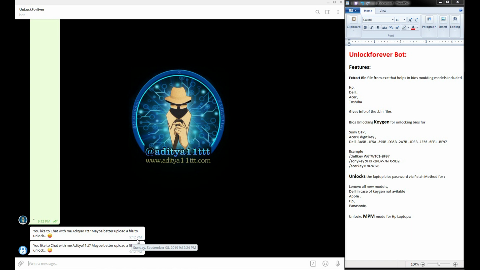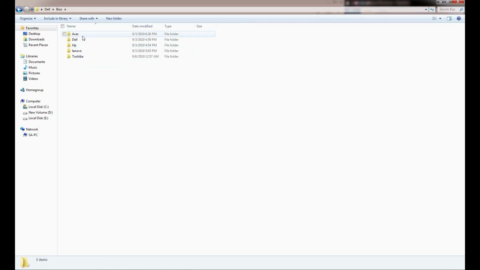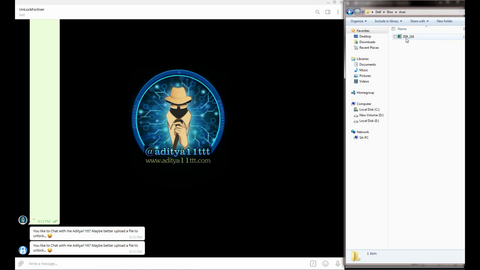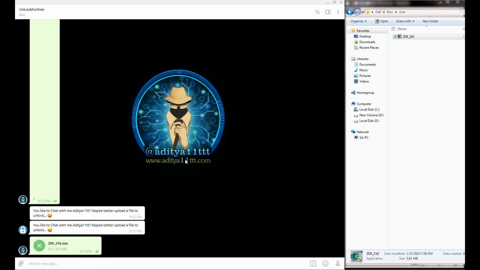First we will start with the exe file feature of extraction of the bin. For that I am going to take the first Acer part. This is the file which we have downloaded from the website. Now I am just going to drag and drop this file here. This is the Acer file we are taking first. The file is getting uploaded. Now it has been uploaded, and the bot will accept the file. It will give you a processing command, and the file will be processed and you will receive an output